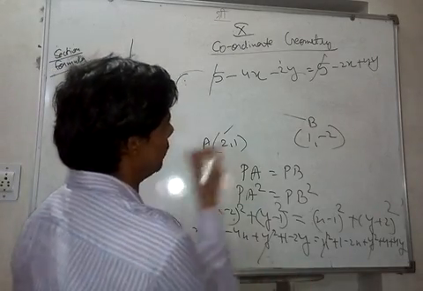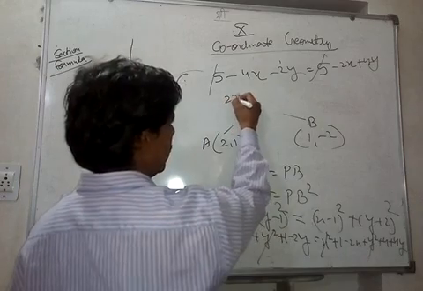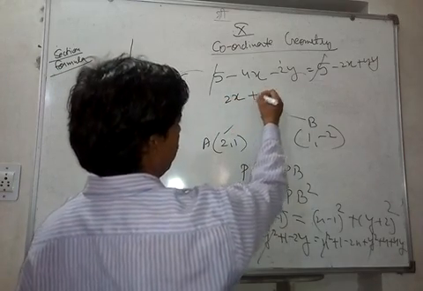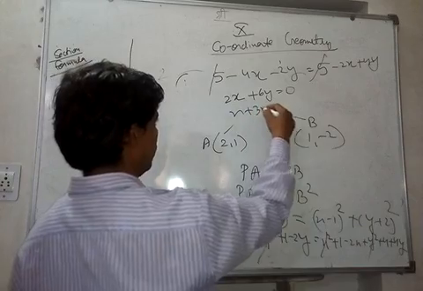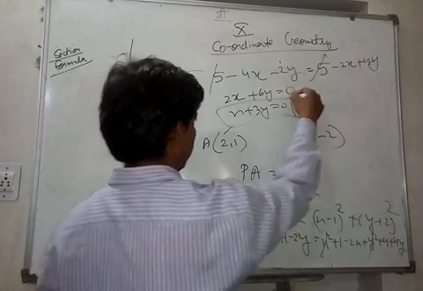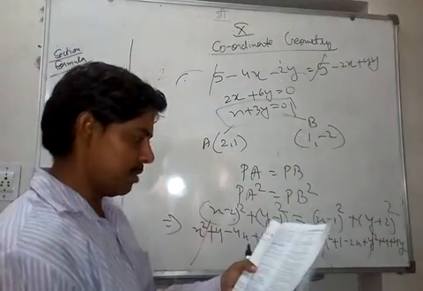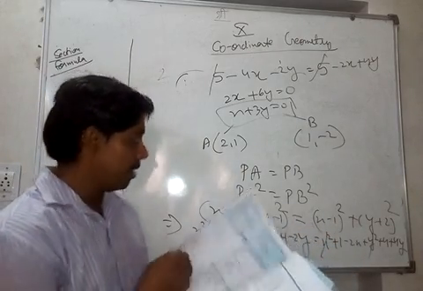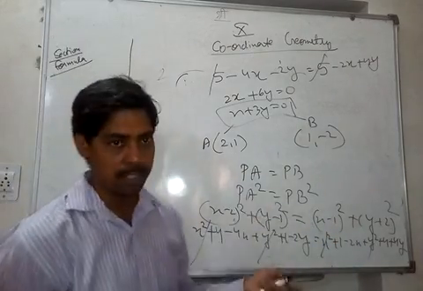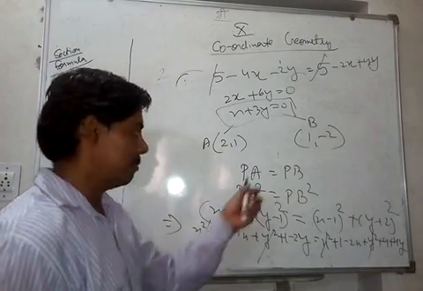We can take everything to that side. 4x minus 2x, we take 2x, plus 6y. Divide by 2, you get x plus 3y is equal to 0. That is the relationship we are looking at. x plus 3y is equal to 0. Choice number A. So 10th A should be there. Yes. So this way you should solve this. This is objective type in the book, but in the exam it comes as subjective.